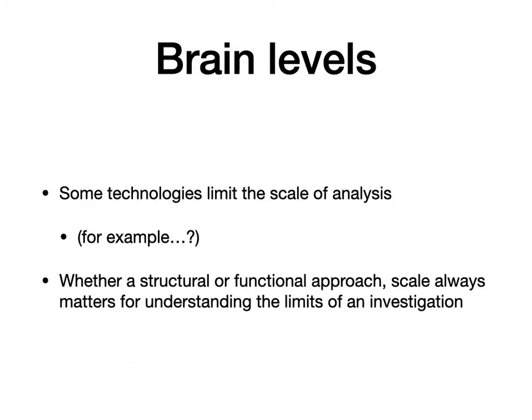So let's talk about levels, right? The technology you use is going to probably focus in on one scale, right? So, for example, everything we've talked about so far, what might we see? We might see that you could get a lot of whole head brain activity from things like EEG much more easily than you can get, say, hyper-specific positional data. An fMRI might give us general activity in a very small area, which is very good,